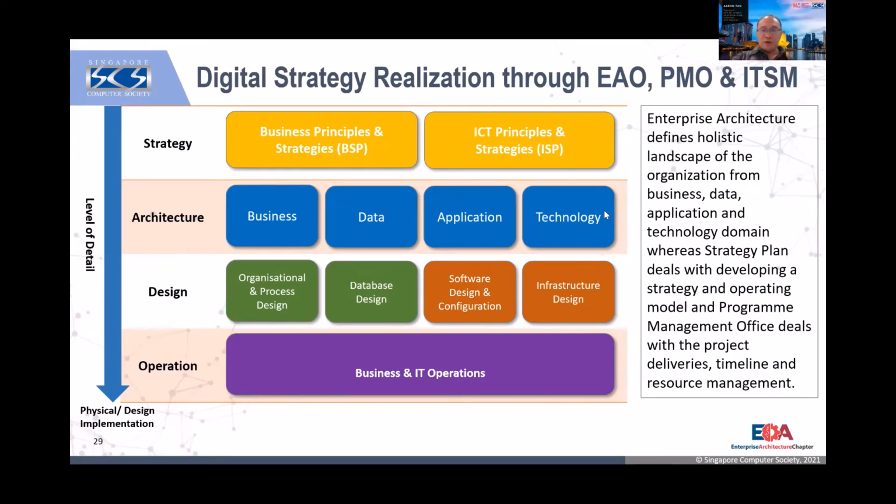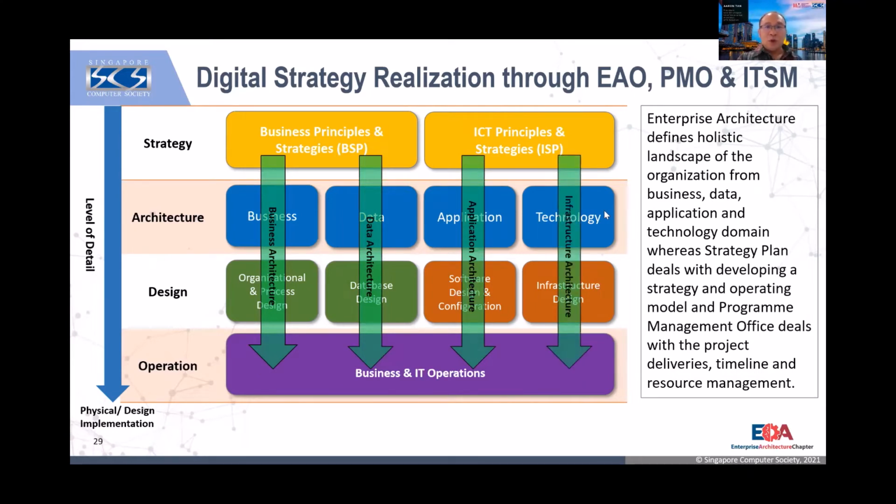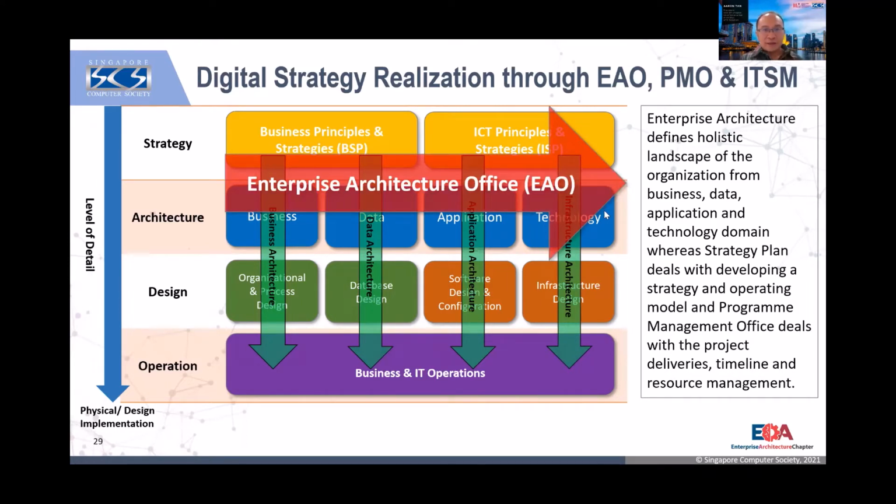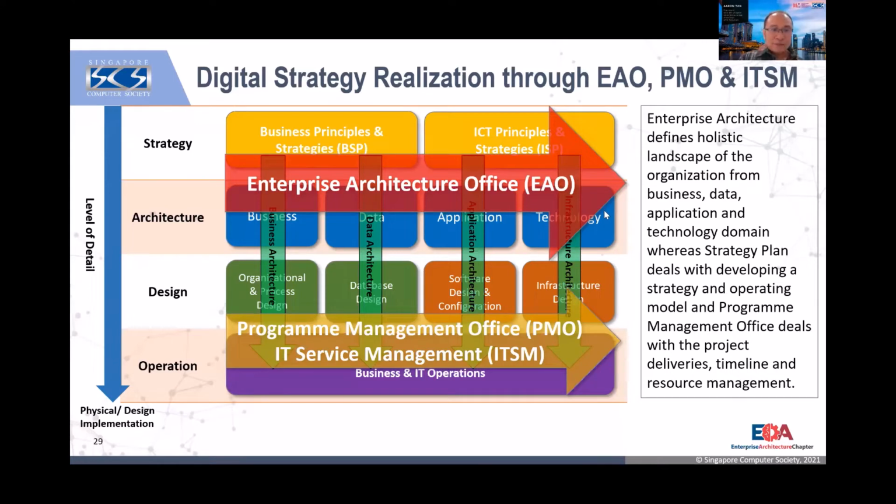So of course, if we are doing on-demand architecture, we only do it like this. We engage the business architecture, we just do it in silo, right? We cannot connect to the rest. Then the data architecture is also done in silo, application in silo, and infrastructure in silo. Whereas by right, we should be able to connect them with the enterprise architecture office, right? They can work across multiple lines of business, multiple phases of the life cycle, but they are connected, so that the program management office and IT service management office can also be aligned, right? So everything has an alignment.